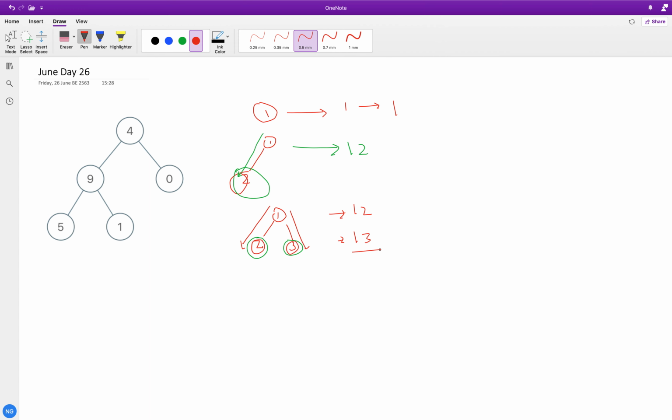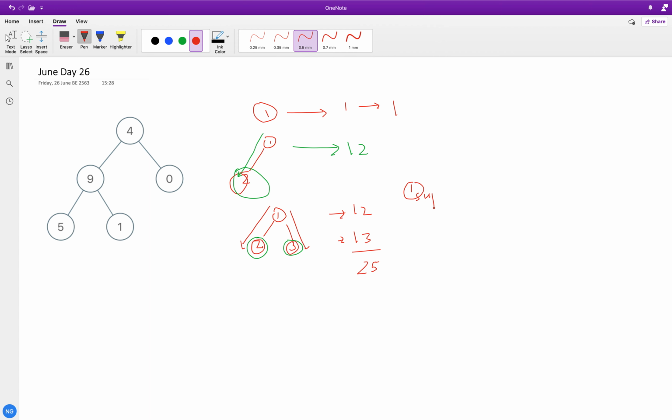If we sum them up, it comes to 25 as per example 1. Now, as we go down to the next level or next node, we take the previous number, or previous sum.